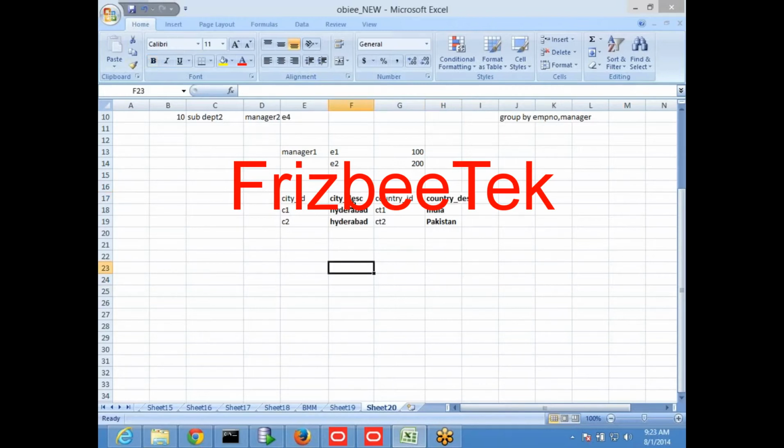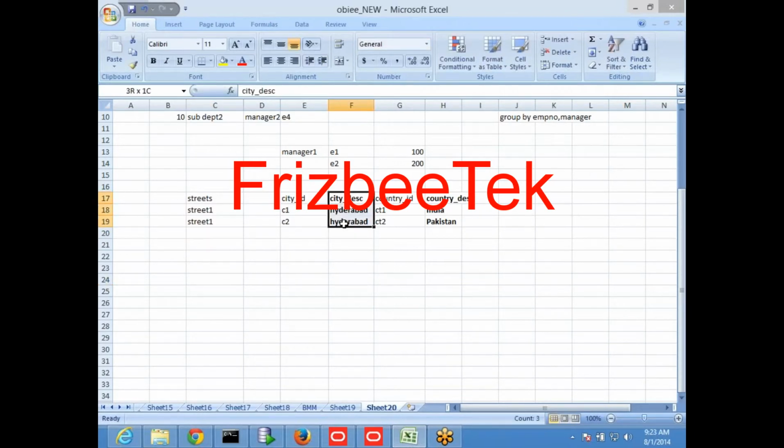Now when I select this column, for example I have selected Hyderabad, in the Hyderabad you may have different streets.